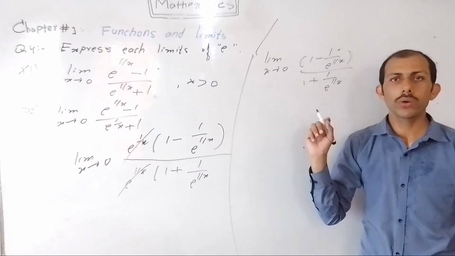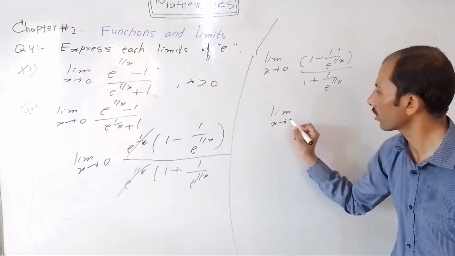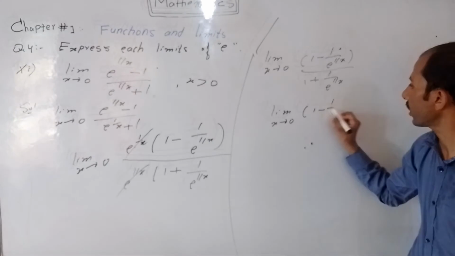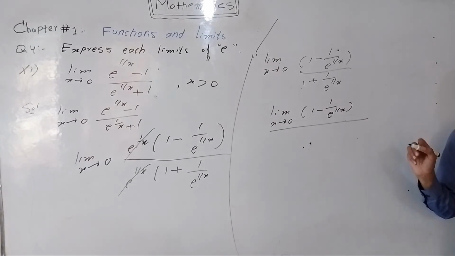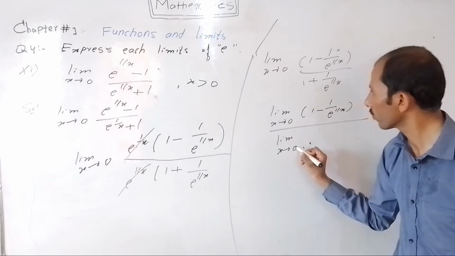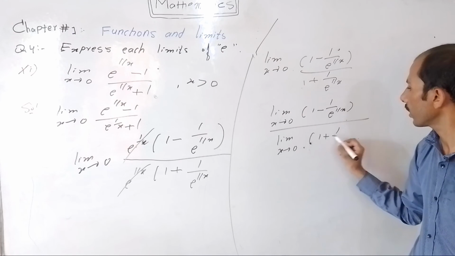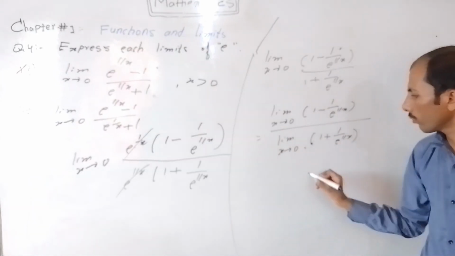By using quotient rule of limits, that is limit x approaches to 0 of 1 minus 1 divide e power 1 divide x divided by limit x approaches to 0 of 1 plus 1 divide e power 1 divide x,